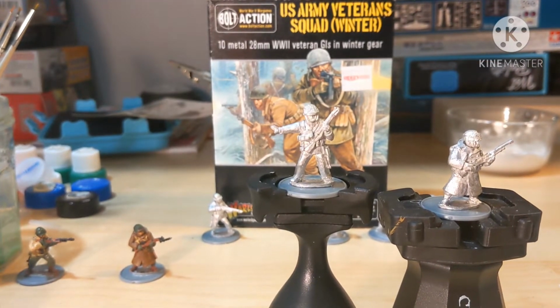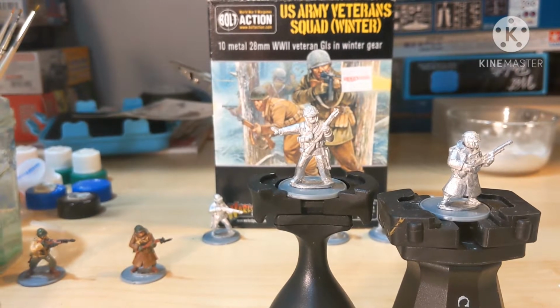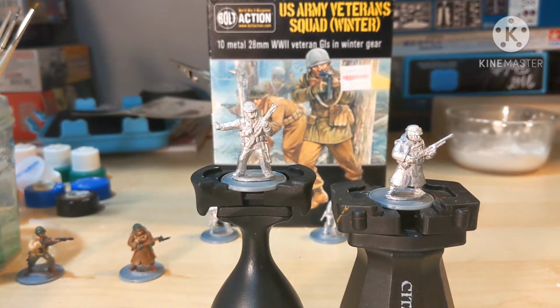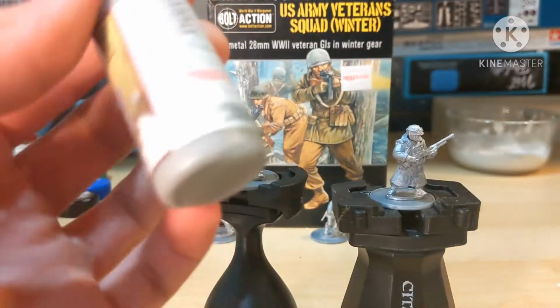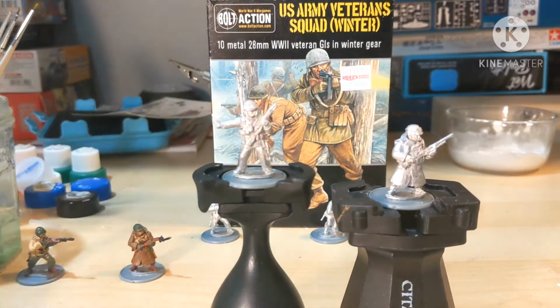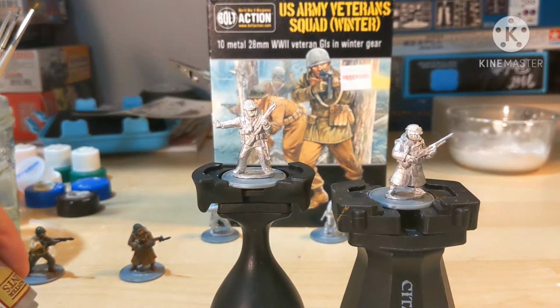Our first step to getting our figure's table or shelf ready is we're going to want to put on a nice primer. It's kind of like a base coat. And most people do this with an airbrush or a spray can, but I don't have those. So I'm going to show you how to do it with brush on primer. Now this is Army Painter's, the gray one, the effects one, and we're going to show you how to do that. So you're just going to want to take a dollop,